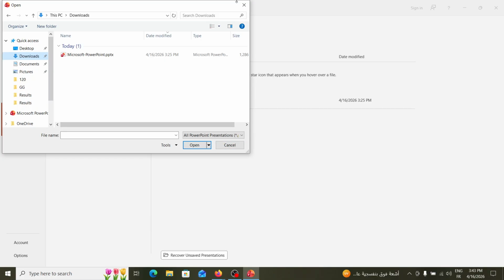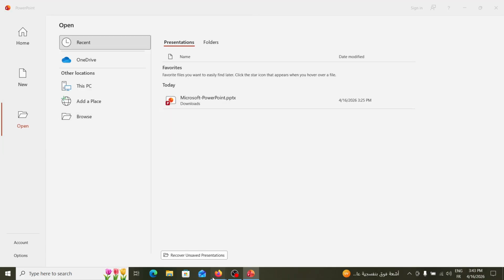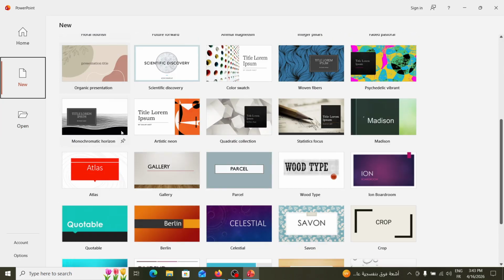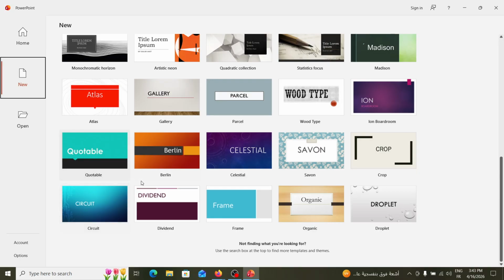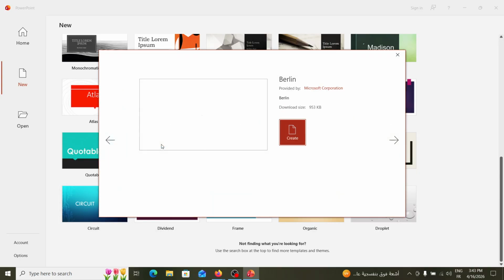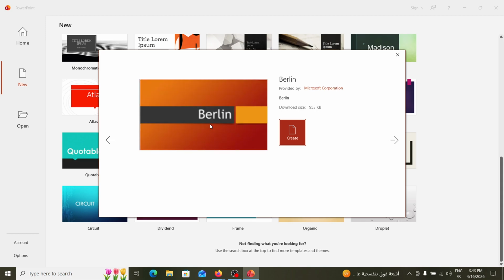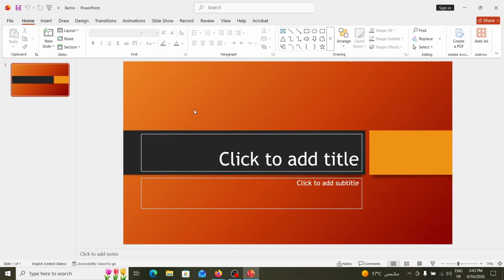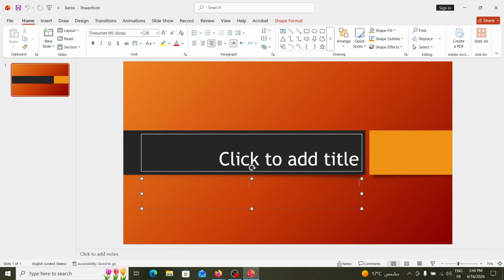But let's, for example, make a new one. We can choose one of these templates. For example, let's choose Berlin. Okay, here we have